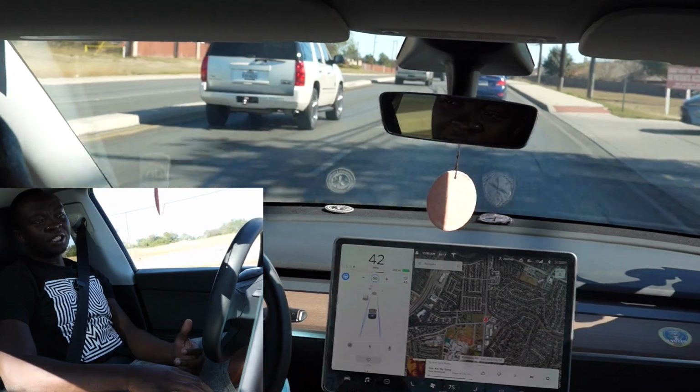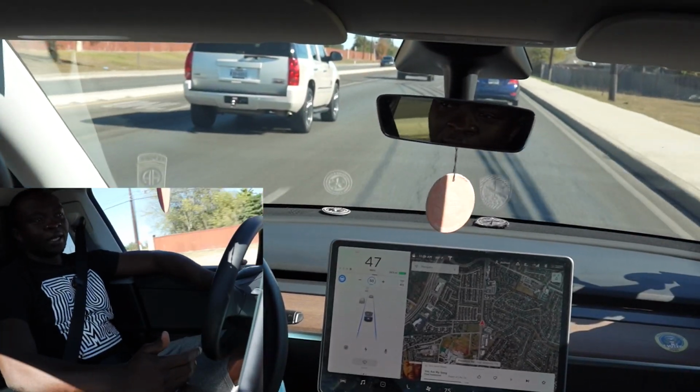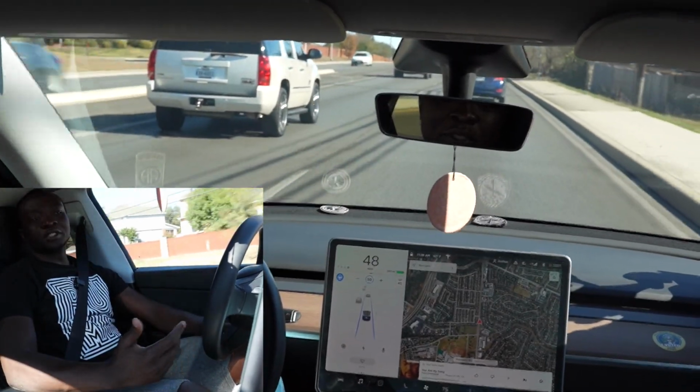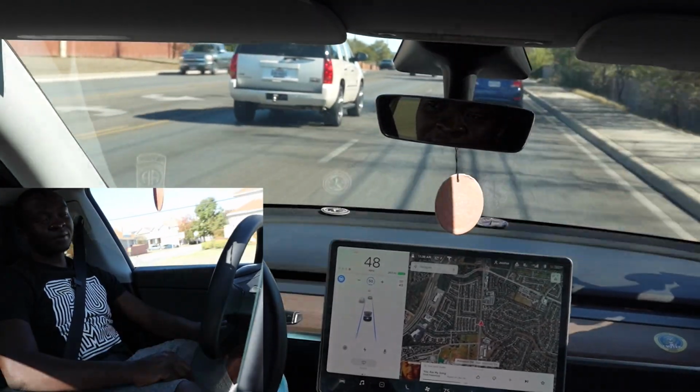So as you can see right now, it's pretty much driving according to the speed limit of the street. If there's a vehicle in front of you, then it's just gonna slow down. If there's no vehicle, then it's just gonna pick it up. So as you can see right now,